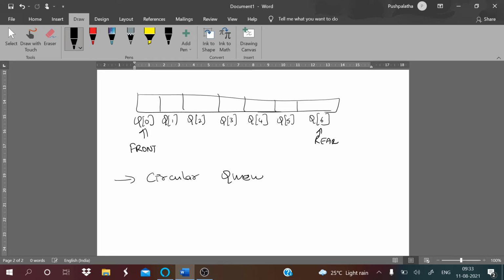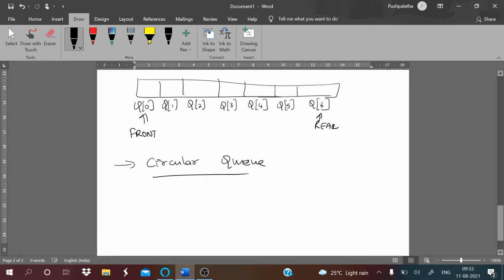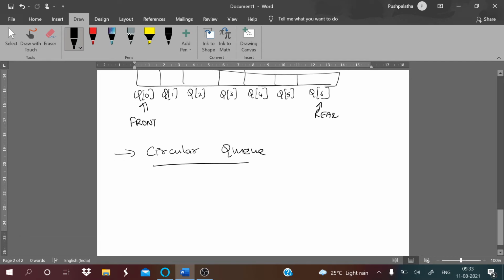And next we have the circular queue. What do you mean by a circular queue? The last node of the queue is connected to the first node of the queue, so it forms a circular organization of memory locations.